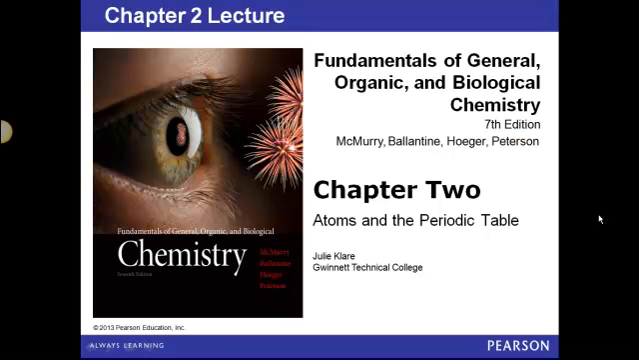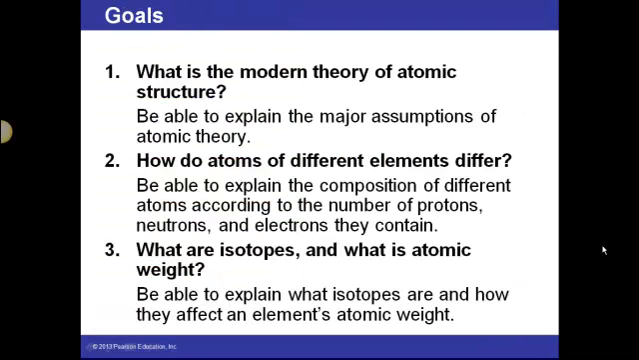Alright, now that we have some basic measurements and how to work in the lab, we're going to start Chapter 2 and really start to look at the atomic structure and the arrangement of the different elements on the periodic table. So some of the goals for Chapter 2, looking at the modern theory of atomic structure,